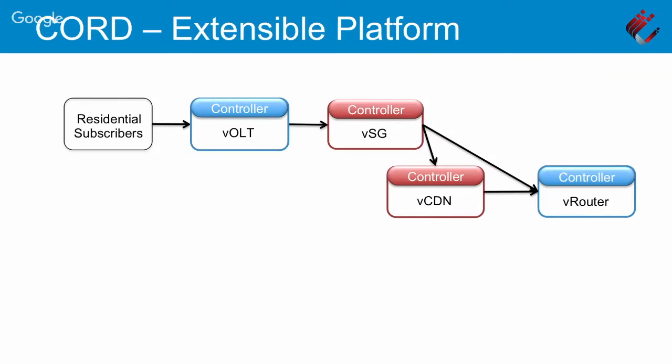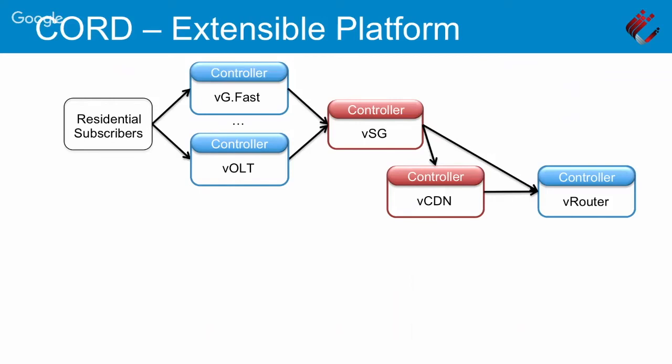And so this is the service graph for the residential case. I've just slightly reorganized it because I'm going to want to extend it. Vault is a consumer of the VSG service, which is a tenant of the virtual router service, and so on. One of the reasons it got broken that way is I could bring in different access technologies. So G.fast, 10G-PON, DOCSIS, that whole thing now is playable based upon the access technology that I happen to use. VSG stayed the same. vRouter stayed the same. That's the beauty of building something modular.